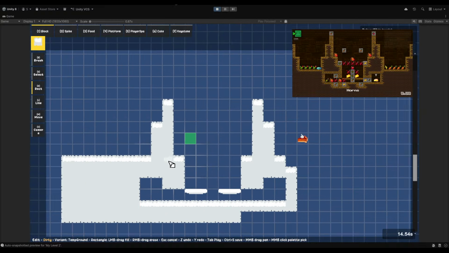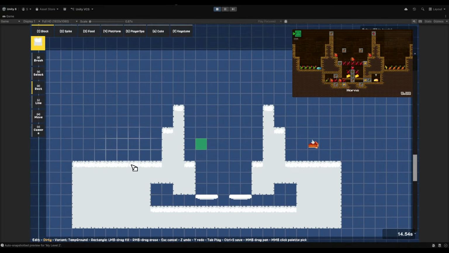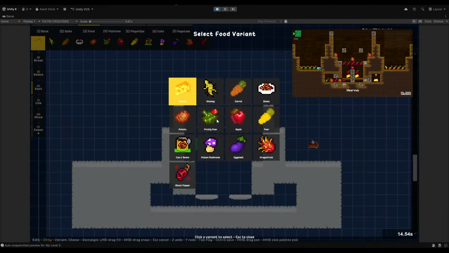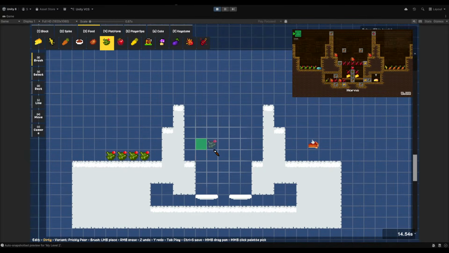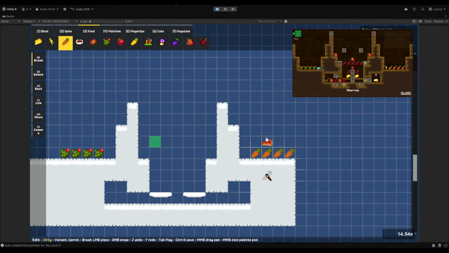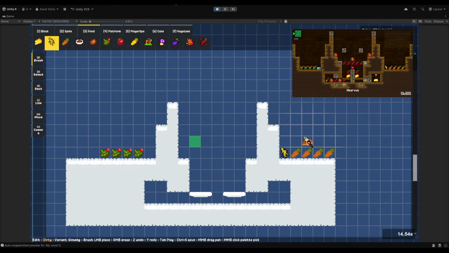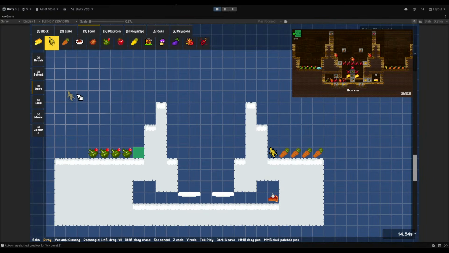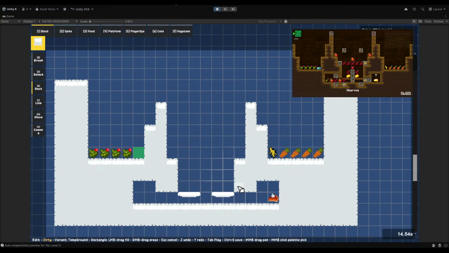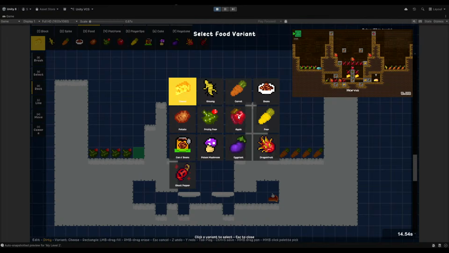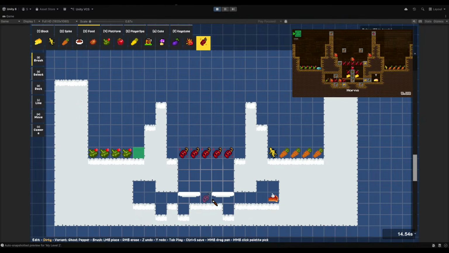Oh, honestly, we don't even need this extra pit. We could make this thinner pit. Food, you... 24, food, carrot, 134. Inside there. Move you here, move you here. Block this off. Holes here. Let's put ghost pepper. Here. Nope. Here. Dragon fruit.